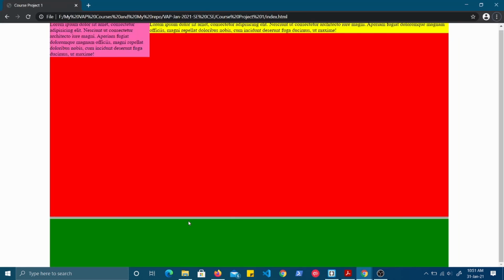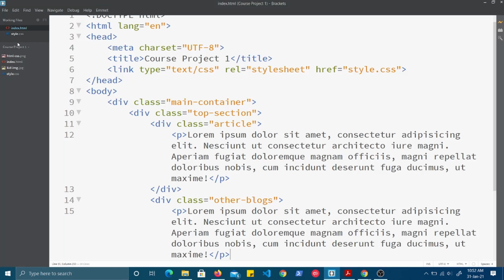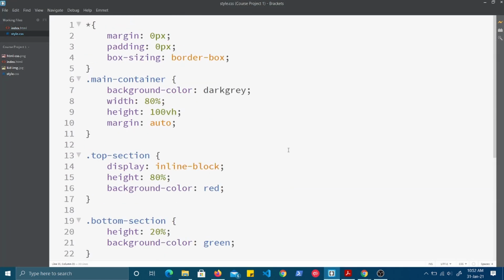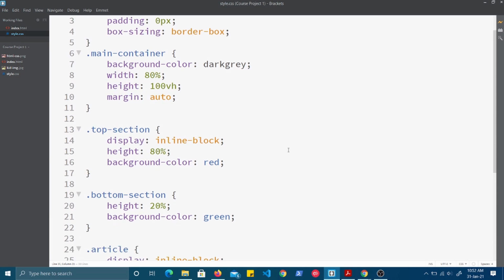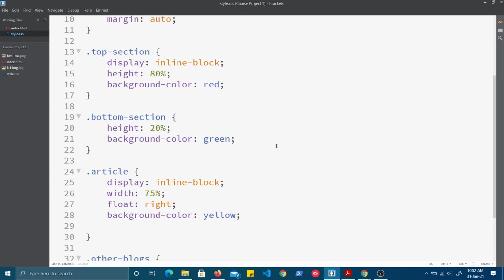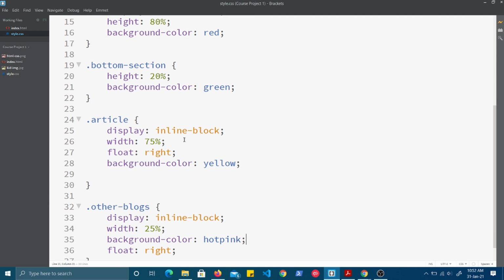Obviously, the moment you change the display property, the behavior is a bit different. Inline and block level elements behave differently. Sorry, we have given the height but removed the height, that is correct.